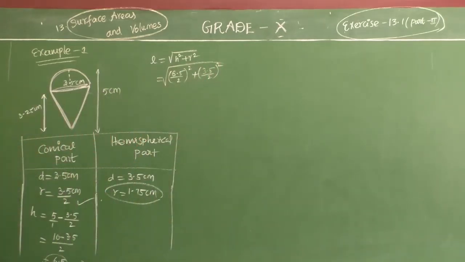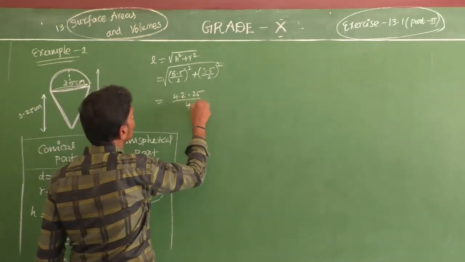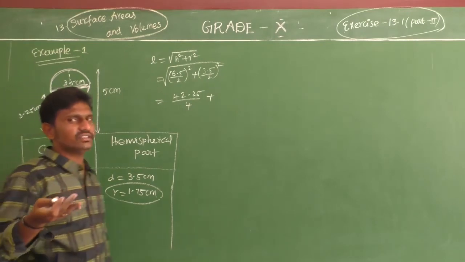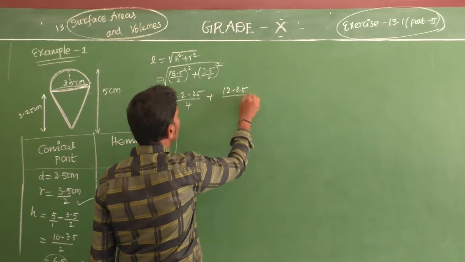Now we have to multiply 6.5 into 6.5. 5 fives are 25, remainder 2. 5 sixes are 30, 32. 6 fives are 30, remainder 3. 6 sixes are 36, so 39. Adding, 5 2 2 4. Taking 2 decimal places, 42.25, whole divided by 4. And 3.5 squared is very simple: 35 times 35 is 1225. So that's why 12.25, whole divided by 4.